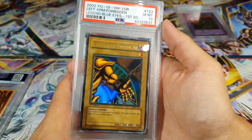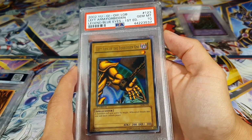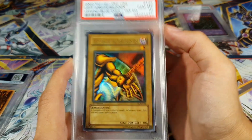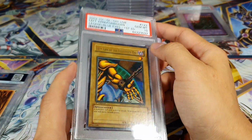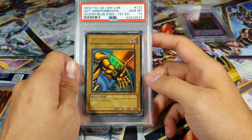I'm glad I got another Gem Mint 10. I seem to be able to get quite a few limbs. I have 3 limbs now. I think I have the right arm, the left arm, and... Oh wait, no. I only have 2, I guess. I thought I had a leg, but I guess not. Very nice. And this is a faded one, so...